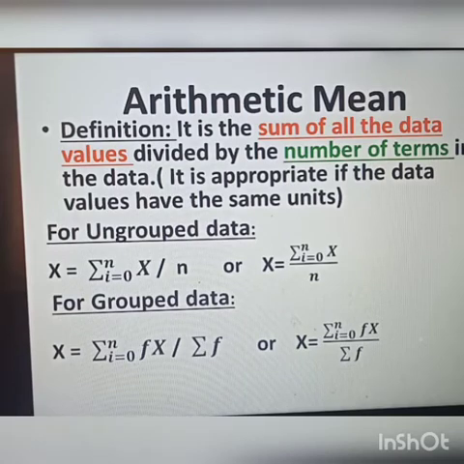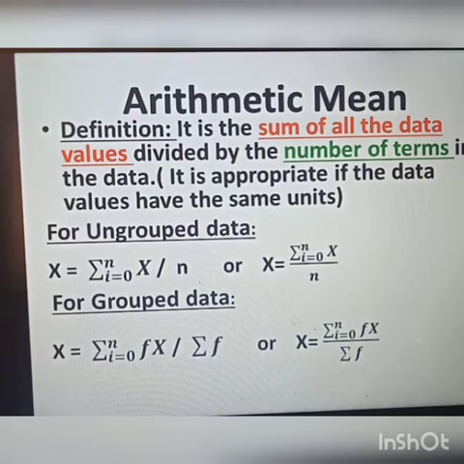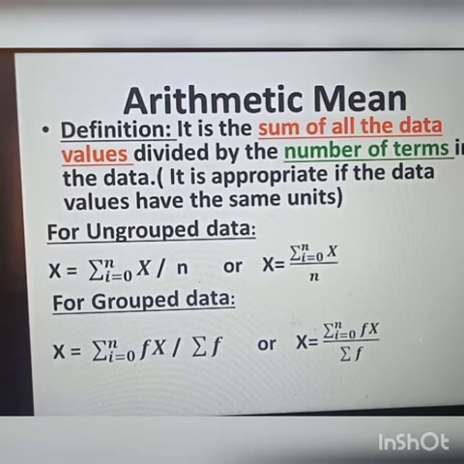This is some extra detail which is not required for grade 10 level, but as I thought this is good information, I must tell it to my students. Usually in grade 10 they don't give you questions in which they ask these details, but this is extra knowledge: if you are to calculate arithmetic mean, what type of data will be given to you? The data will have the same units. So that is another sign which tells you that you are to calculate arithmetic mean.